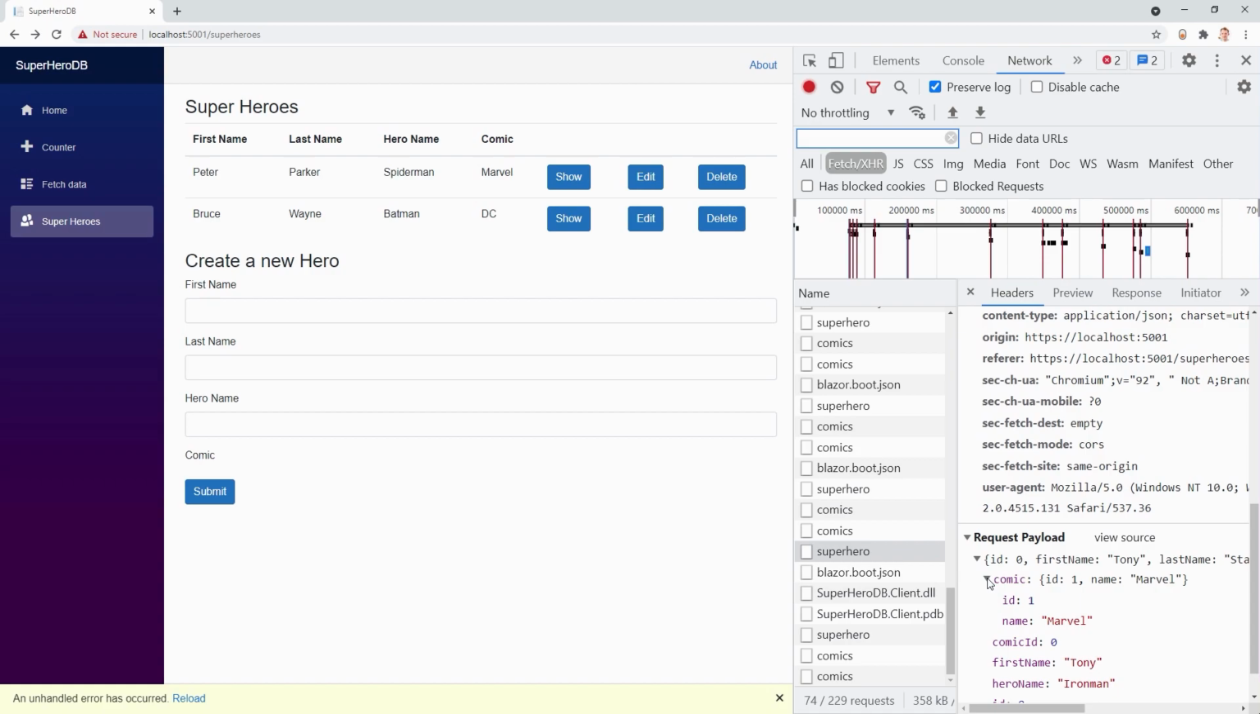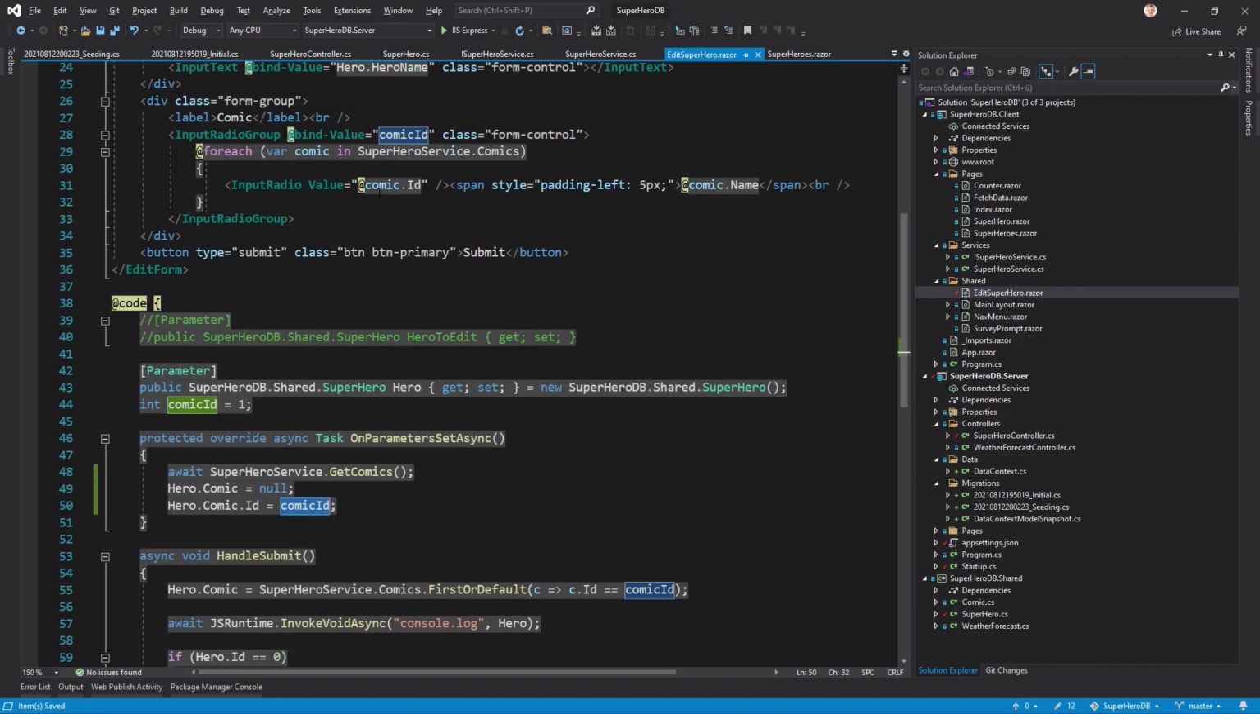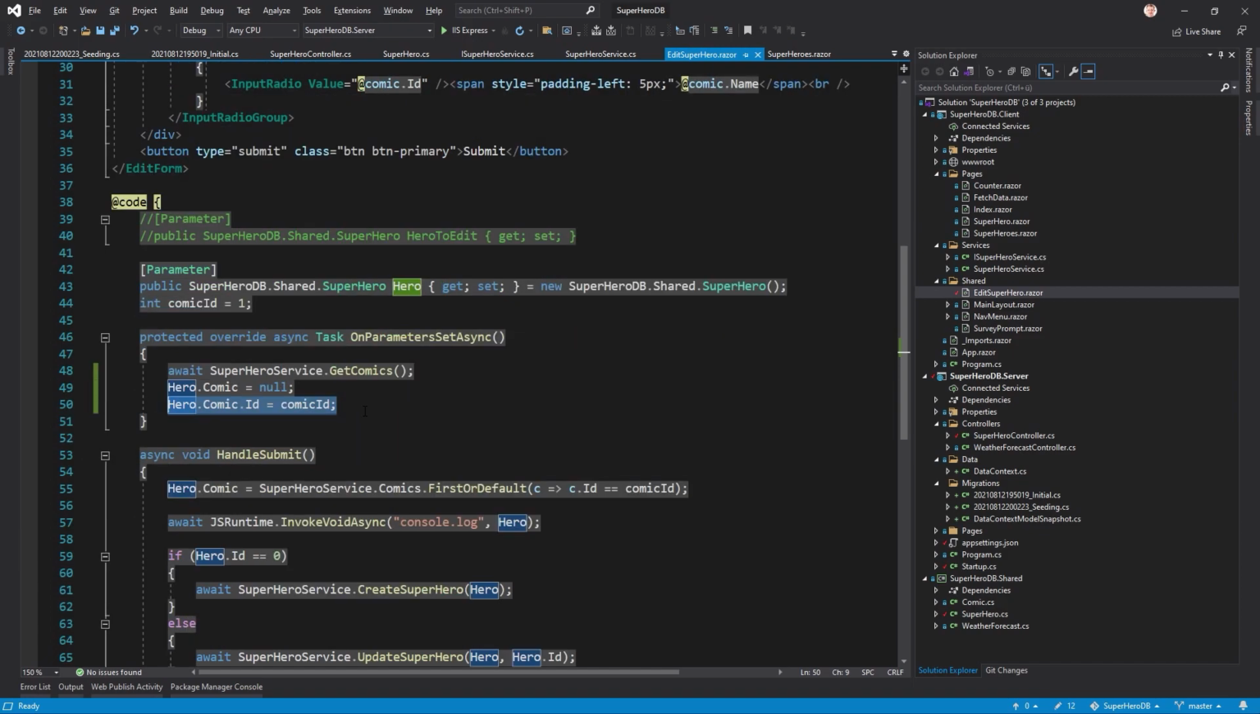You see the request payload, and here's the complete comic, and actually the ID wasn't working. That's nice. Because there's the ID 0 and we wanted to set this to 1, and now the comic ID is the comic ID we see here in the radio group, in the radio buttons. So this we have to set,